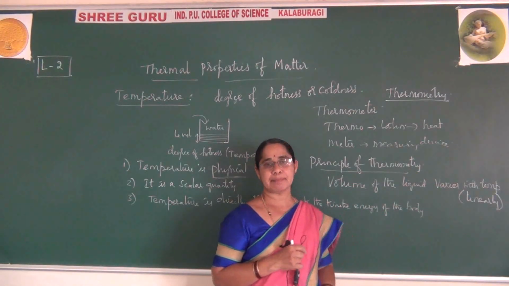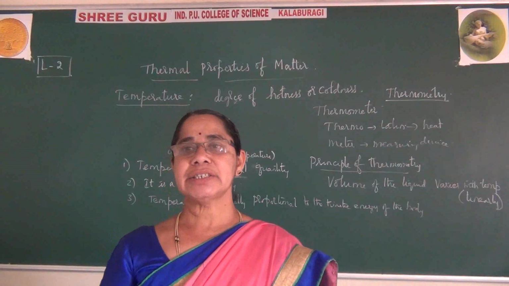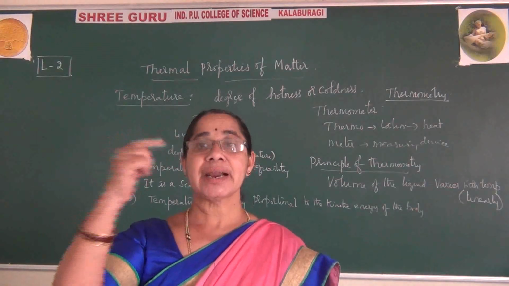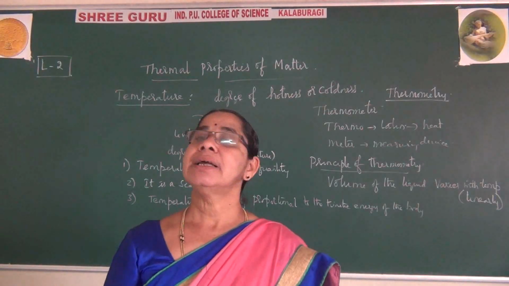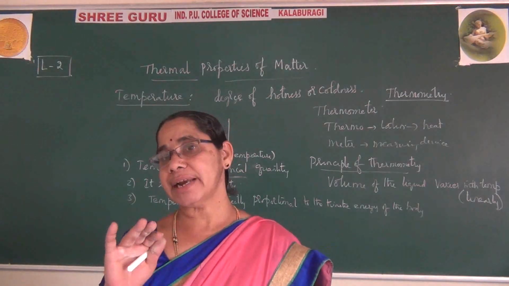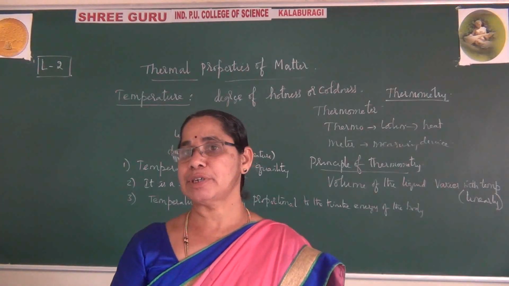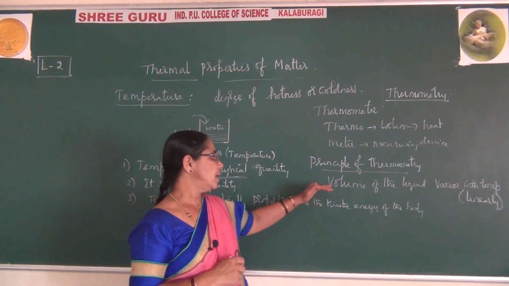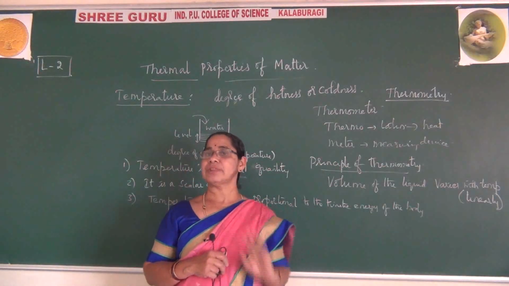For this I can give one example. If you heat a liquid, naturally what happens? It will expand, and as it expands, the temperature rises. When you cool the liquid, what happens? The temperature decreases. The liquid contracts, due to which the level shows less, that is, a lower temperature is shown. Therefore, different temperatures can be observed by heating or by cooling. Okay, this is the explanation of the principle of the thermometer.